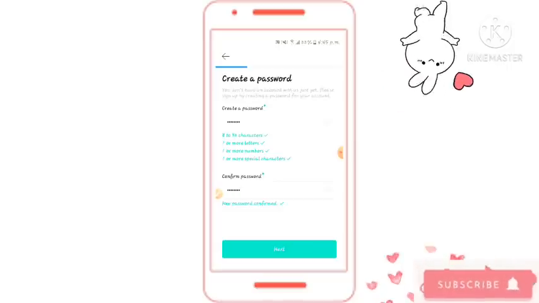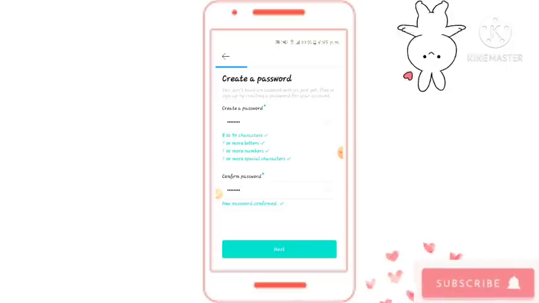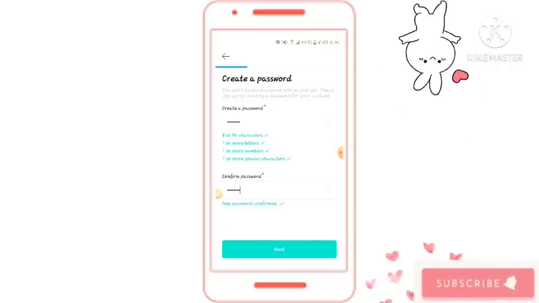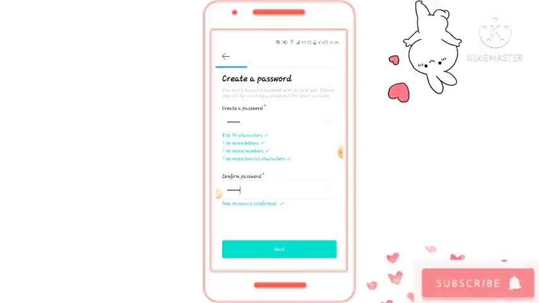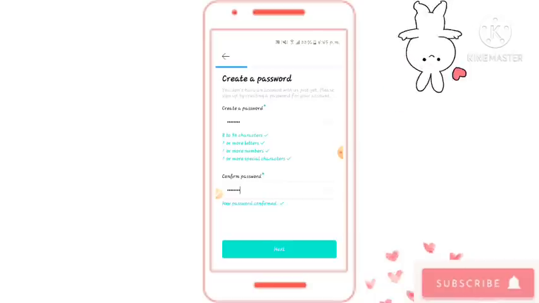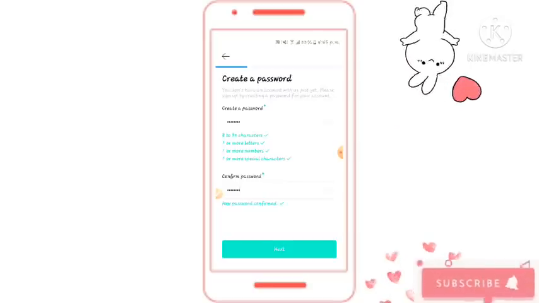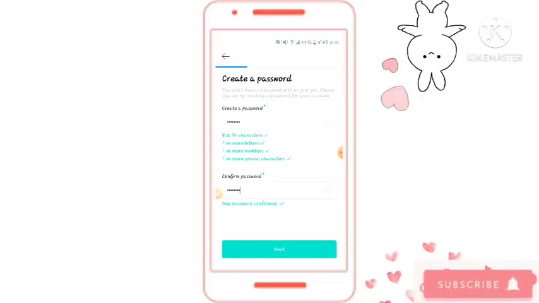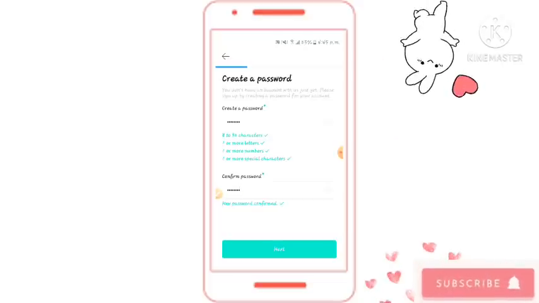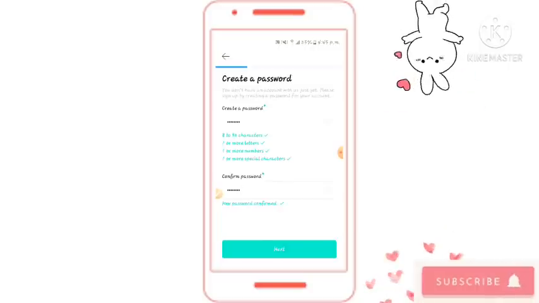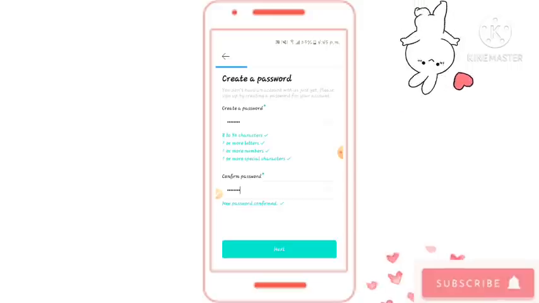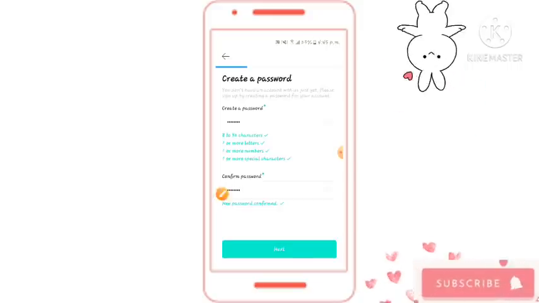Most apps apply the same policy: the password should have a length of 8 to 32 characters, and it should contain one or more letters, like ABCD, one or more numbers, like 1 2 3, and one or more special characters, like hashtag, plus, minus, underscore, something like that. I have already created my password, and it is okay.